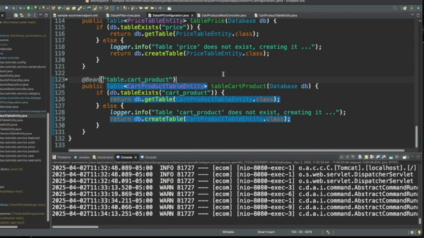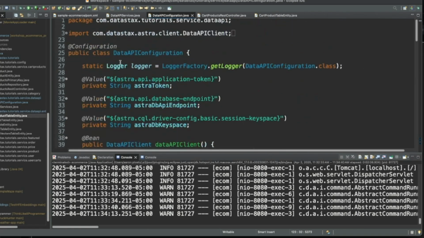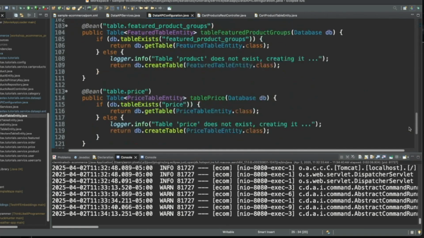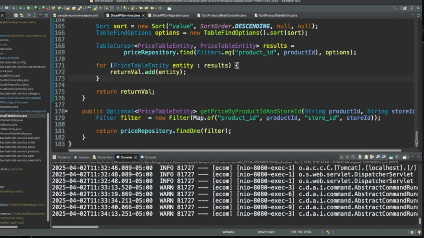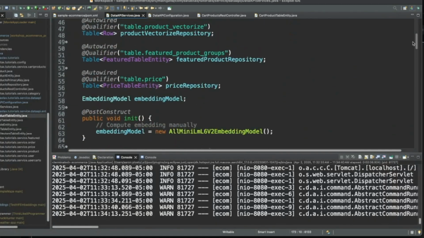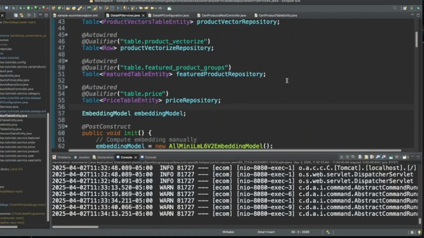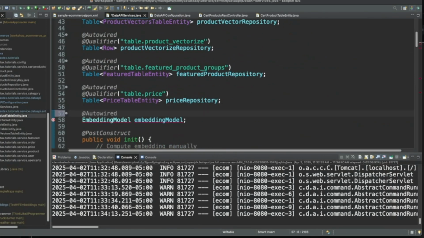All right. Okay, so we have our cart product bean all set up, and that's in the data API configuration class. There you go. So now let's bounce over to our data API services, and we can go up here, and let's go ahead and auto wire this in.